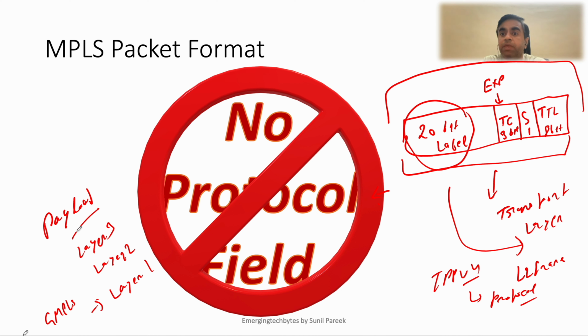Think of MPLS as a unified forwarding technology solution which was designed to carry almost anything in a service provider network. So service providers just need to enable MPLS in their core network and they can provide any services on that unified network architecture.